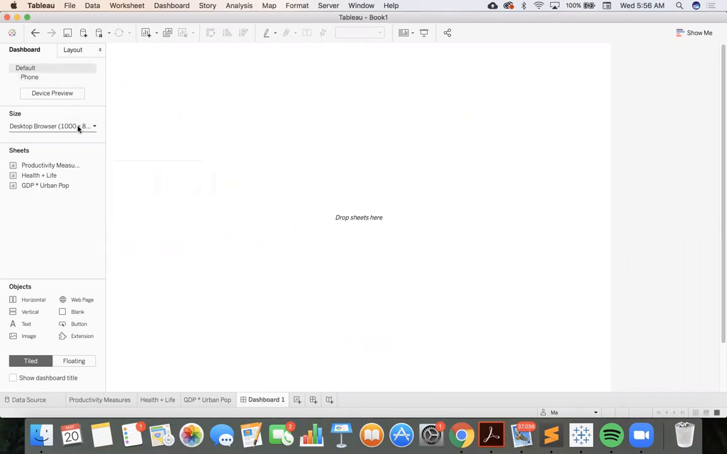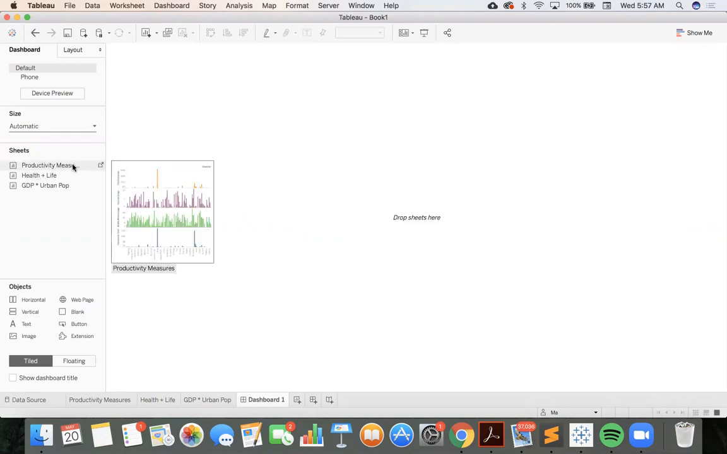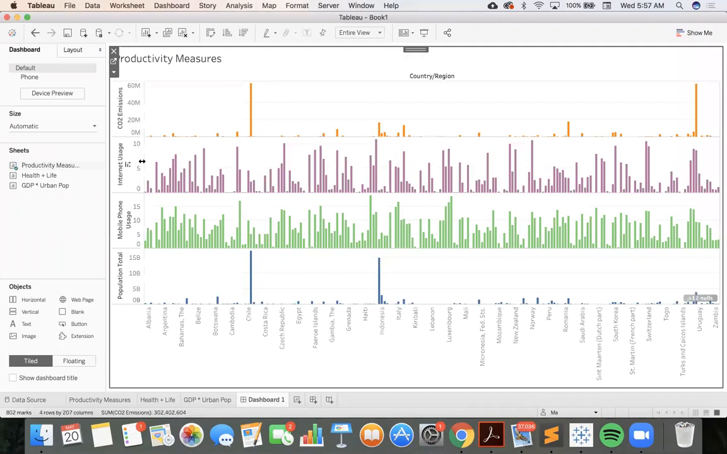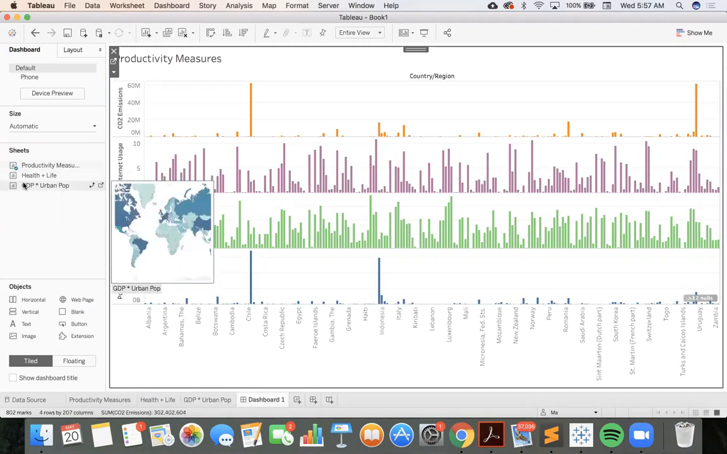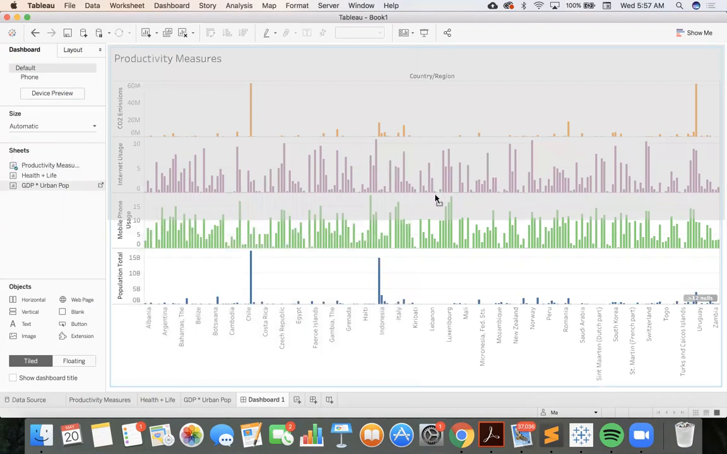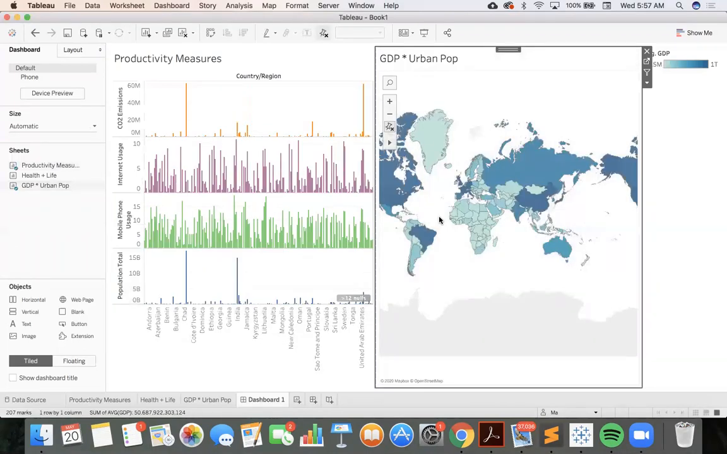Going to change, okay, yeah. So desktop browser, fixed size, I'm gonna do automatic so that it fits the screen. And let's just start dragging things in. So here are my productivity measures. Now I want to add this map. Let's put it, yes, here. So the nice thing about tiled is that it'll sort of adjust for you, whereas floating, well,